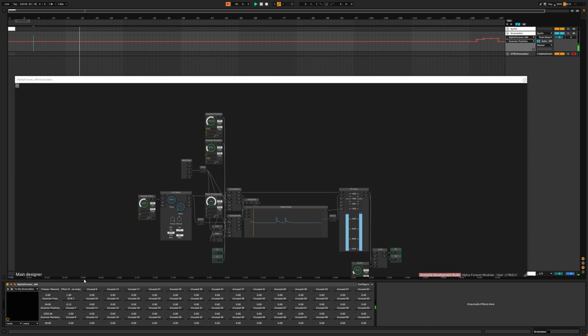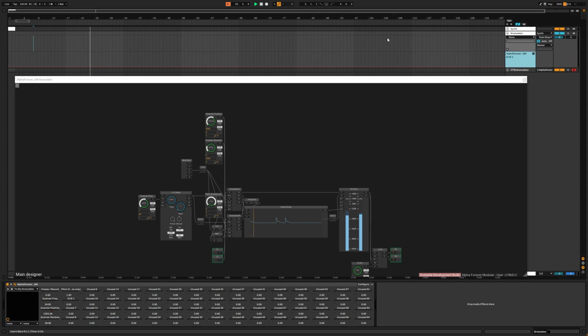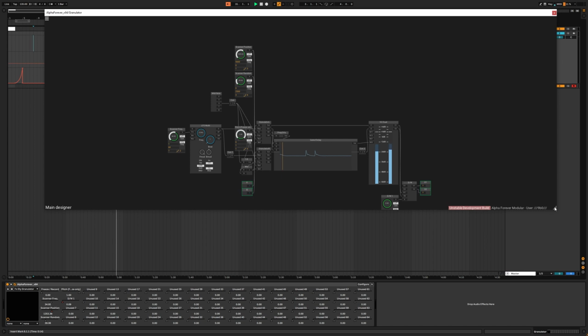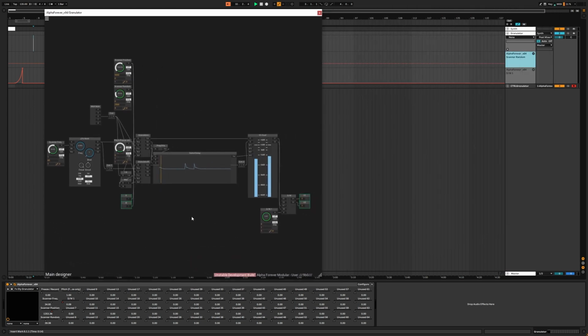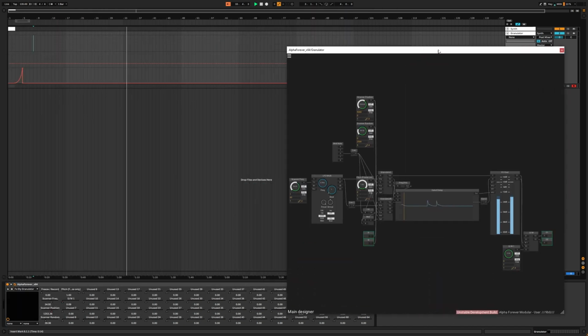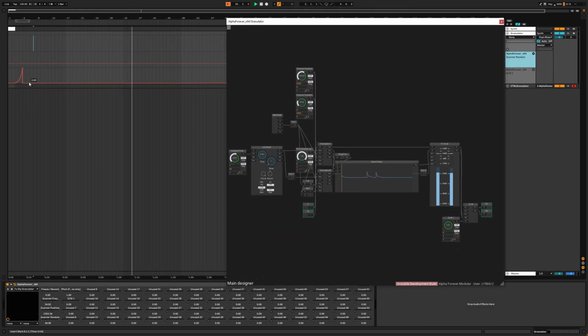First node, and let's create an automation for the dry wet. And also for the randomness. Let me move this like this, maybe it's more economic. So for the randomness, a value like from here to there, and